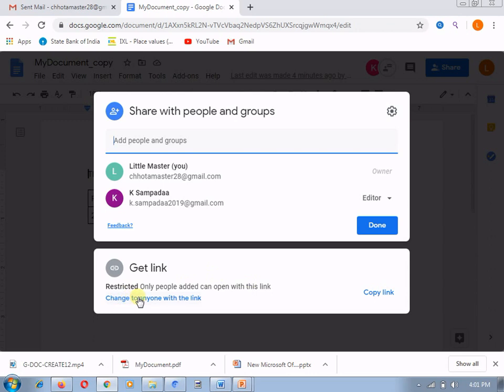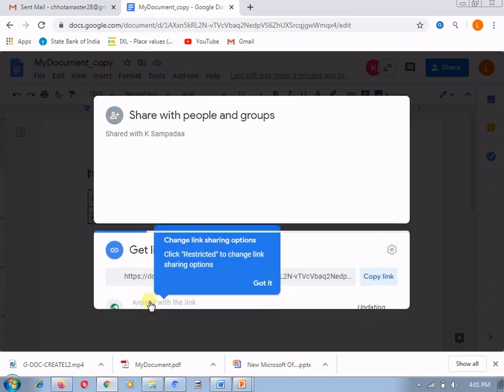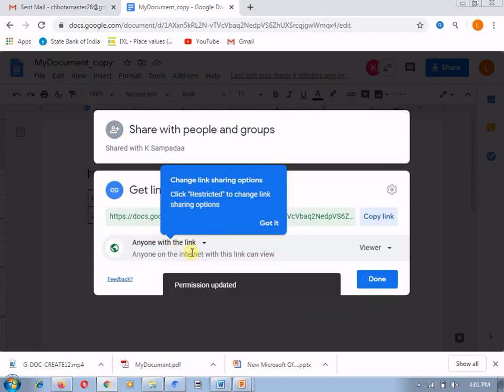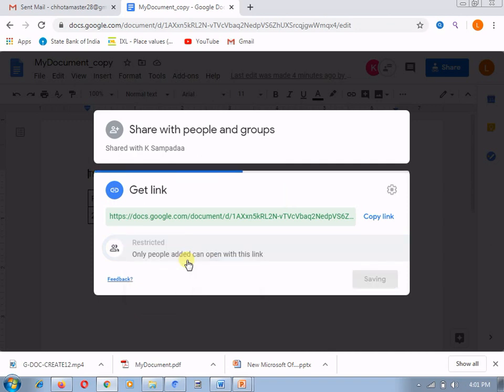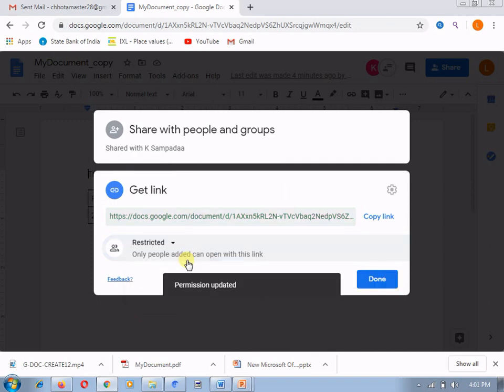Now here again one more setting is available, change to anyone. Here anyone with this link can make changes to this, or I can restrict it. If I select restricted, then only the owner can add people, and the person can only open with this link and perform operations with the permission given by the owner.